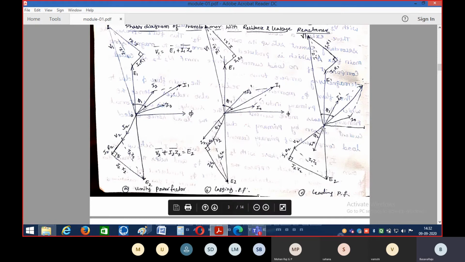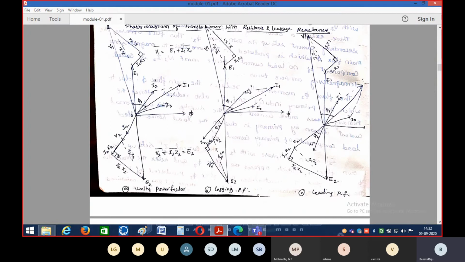Here this is V2, but this is I2 for us. I2 will lag in the earlier case. Here I2 will lead with respect to voltage. Here, compared to V2, I2 is lagging. Here, compared to V2, I2 is leading. That's why we are calling it a leading power factor. So with respect to voltage, the current in the capacitor leads by an angle called phi 2. This is phi 2.